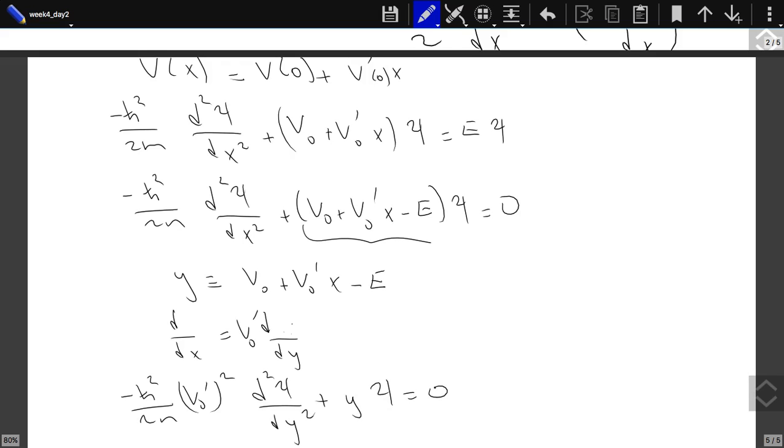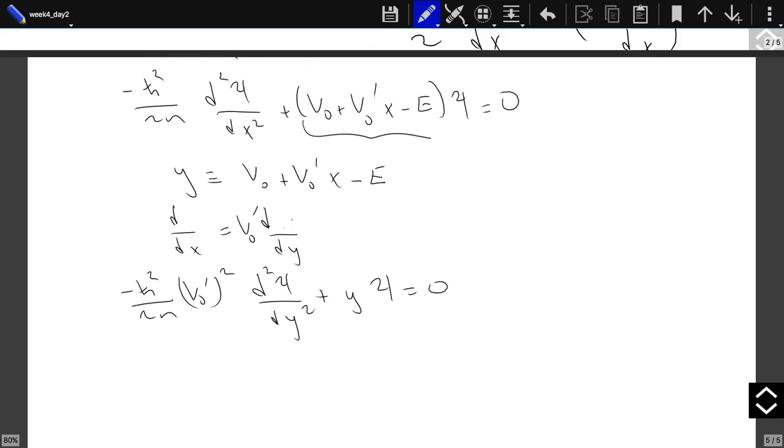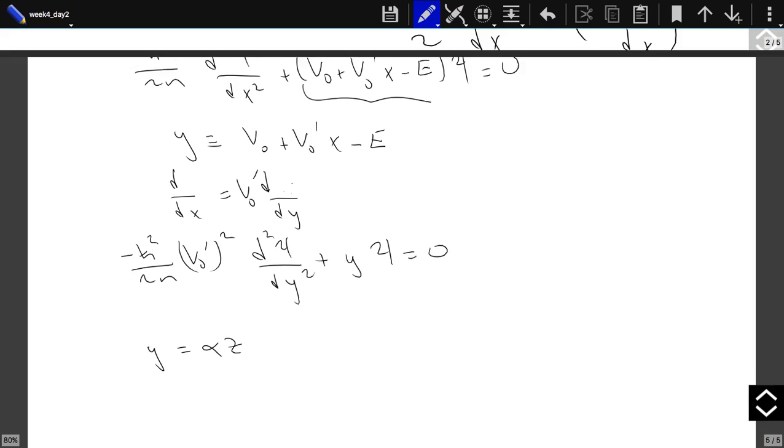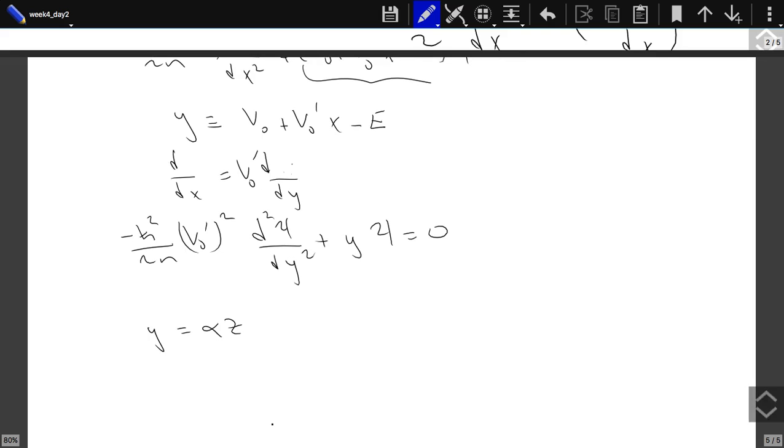This is equal to 0. Well, let's also make one more change of variable. Let's say that y is equal to alpha times z. If we put it over there,